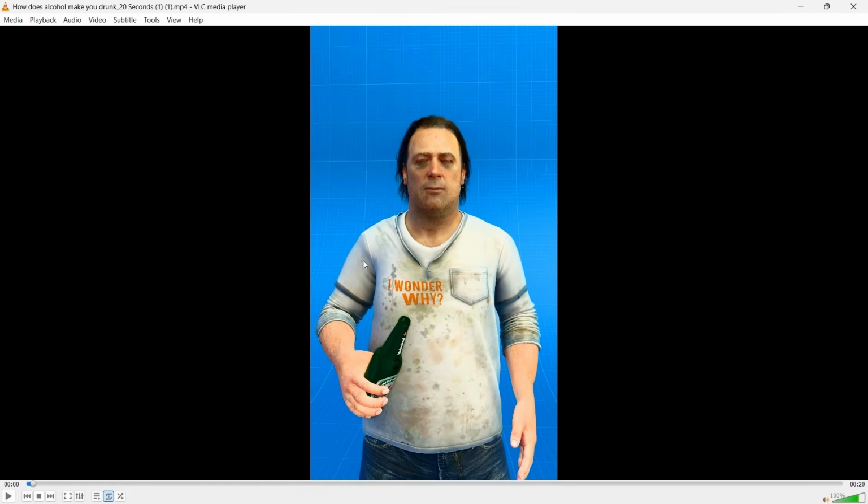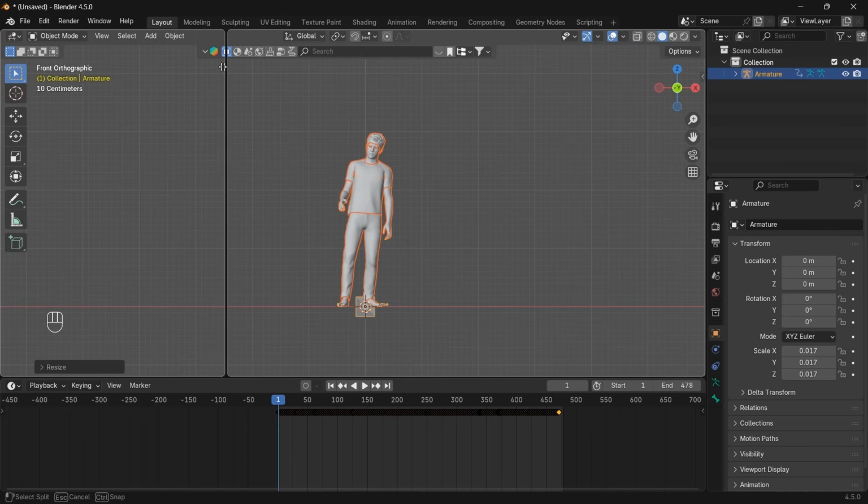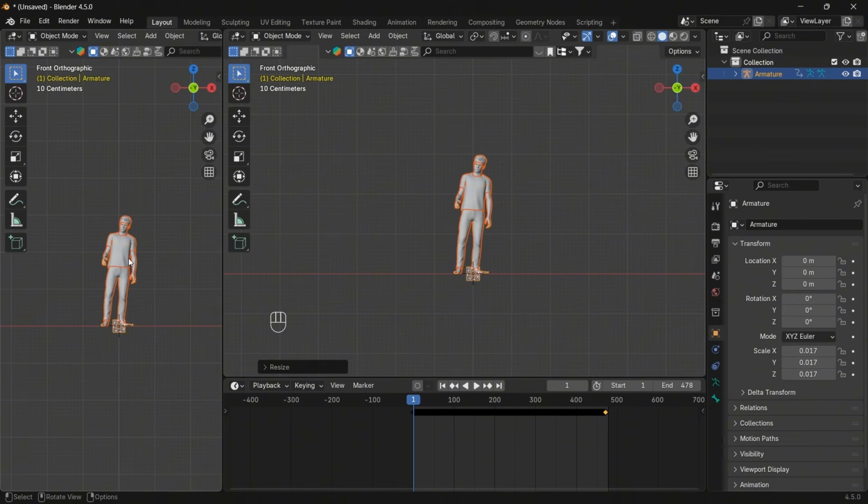This will be our first frame. You can see the character in the center and he's holding a bottle. Okay, so let's adjust the camera for frame 1, and I'm going to split my screen in half. This side of my window will be for my camera view, and this side will be my workflow or the process. Okay, I'm going to add a new collection, name this one setup, or you can name it camera setup. Add a camera over here,